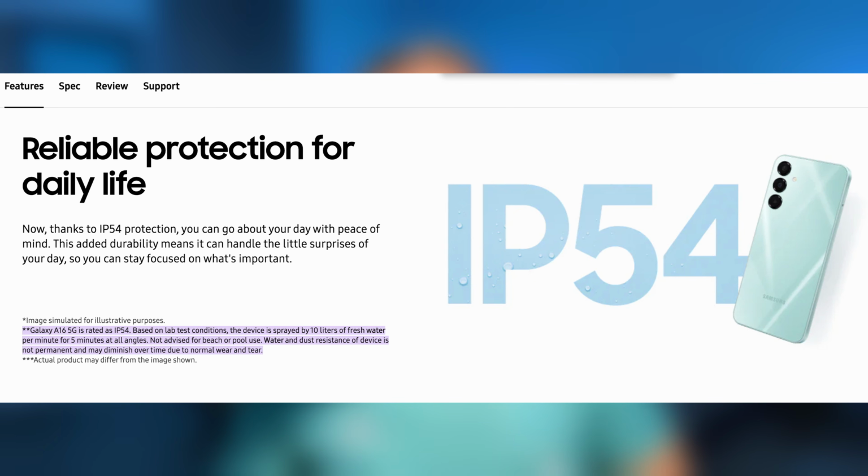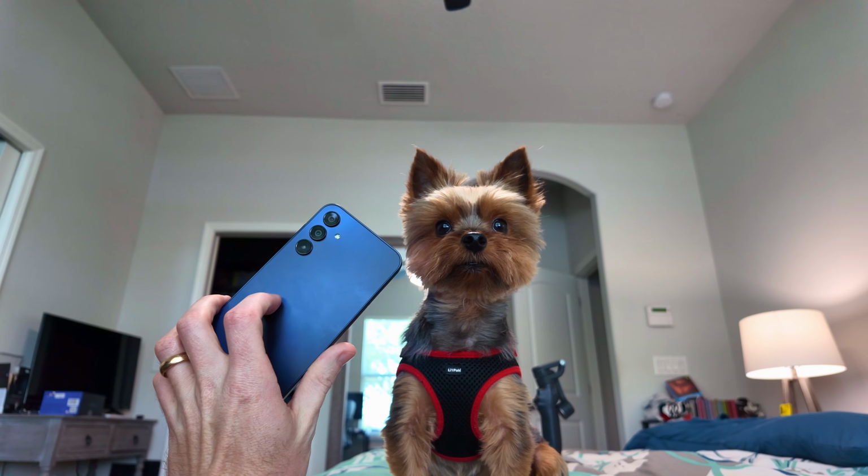And one bad thing to note is that there's no water resistance, and honestly this is a little disappointing because most phones in this price range, including Redmi, Moto, Poco for example, are starting to add at least splash resistance. Samsung did fix this, however, with the newer A16 series, where they added IP54 dust protection and water resistance, and while the build and feel of the phone give off budget vibes, what really surprised me is what's on the